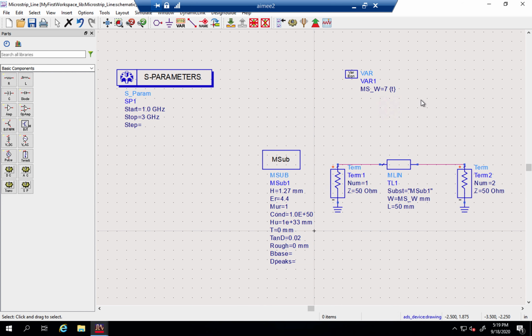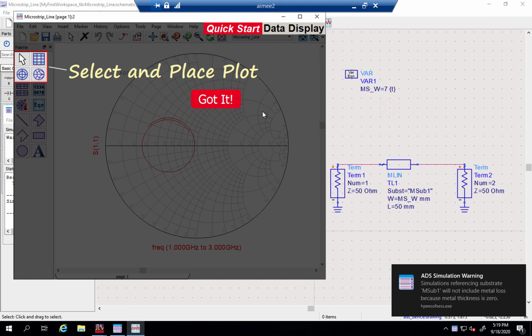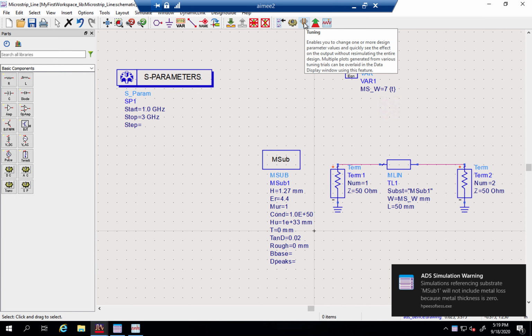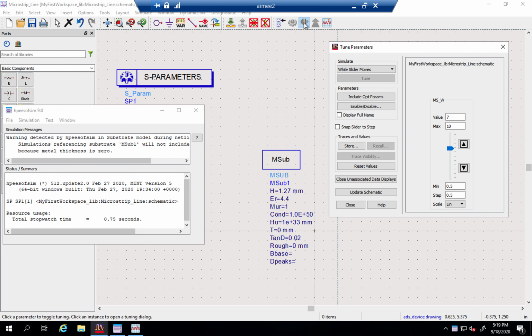So once you have that, you have a variable, it's got a t beside it, and this variable is inside here, inside your microstrip line. And then you can run the simulation, and it will give you some results, and then you click on this fork right here to tune. So if you click on that,